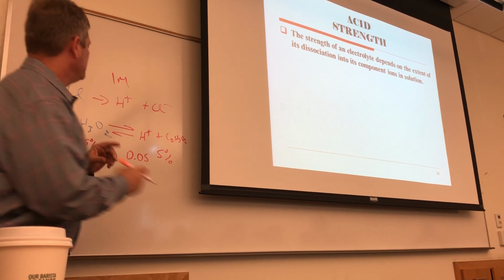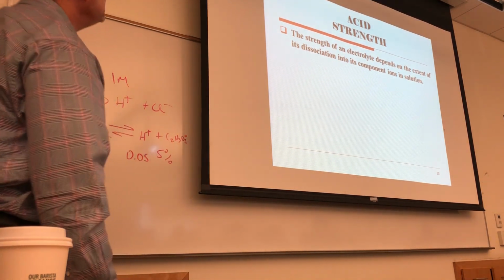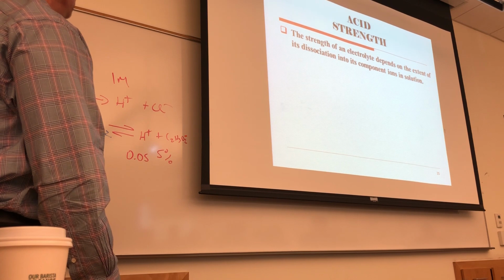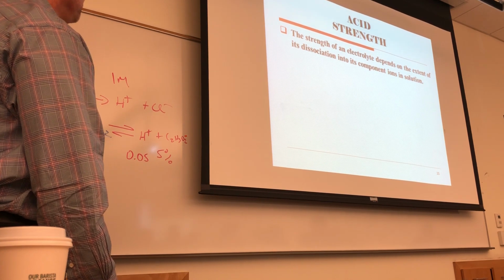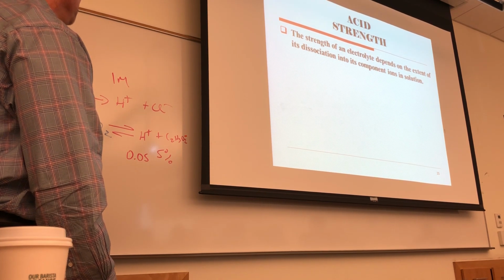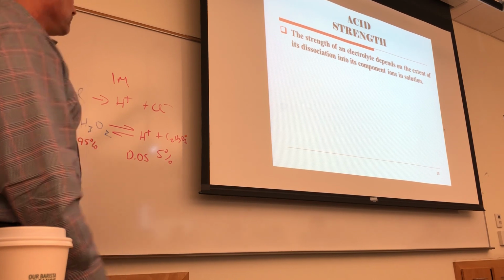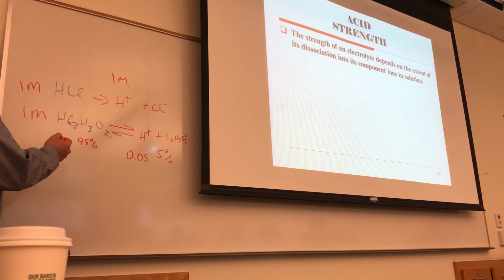What else do I want to say here? So what you're starting with makes a difference. It's basically what's going to help you define what it's going to be. Once you use the ice chart, you're going to find the constant. The second thing I wanted to bring up here is